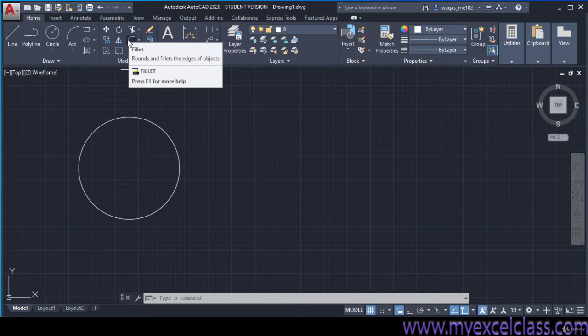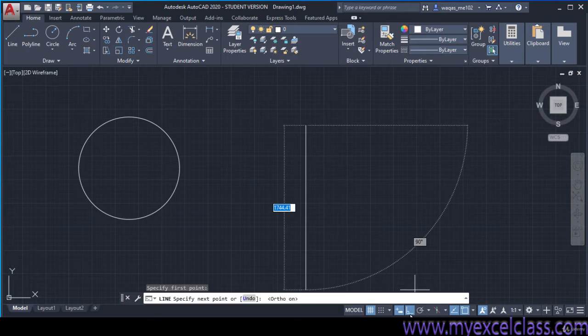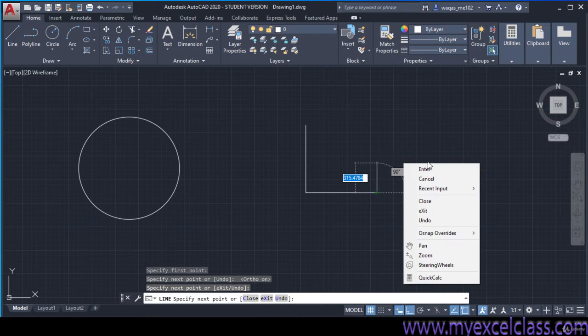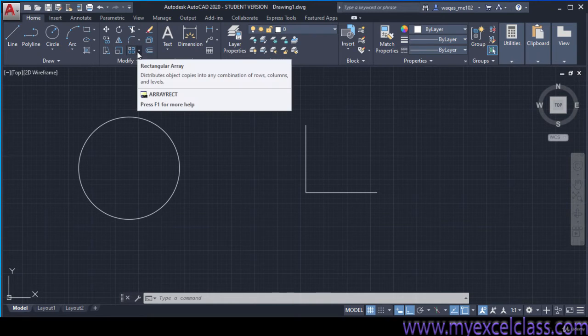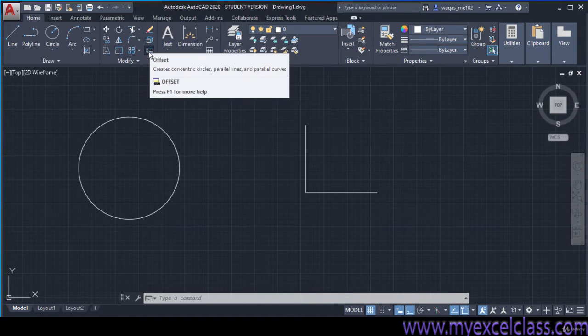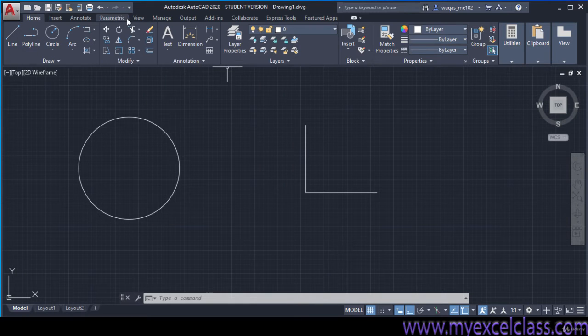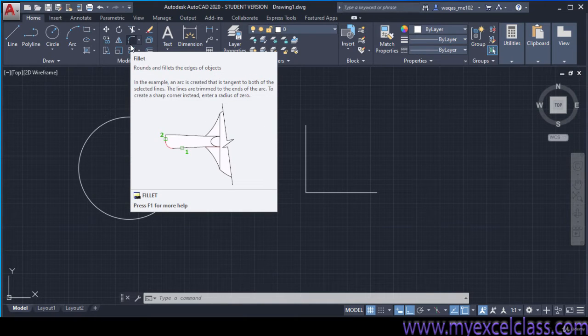You can fillet it if you have a sharp corner and you want a rounded corner, you can use this command, and you can use the array command to repeat certain things. So here is the erase command, explode, and offset. I'm just telling you the names for the time being because I will explain them in detail in coming lectures. So the basic purpose of today's lecture is to